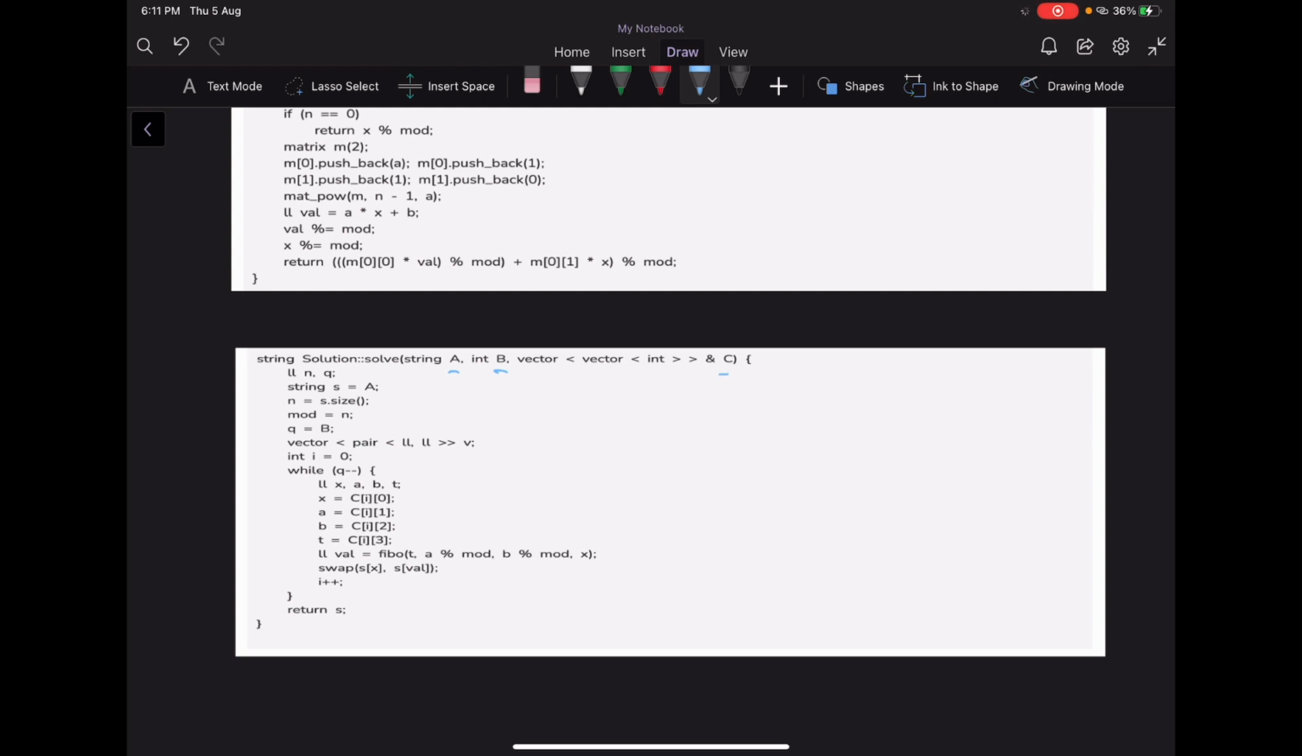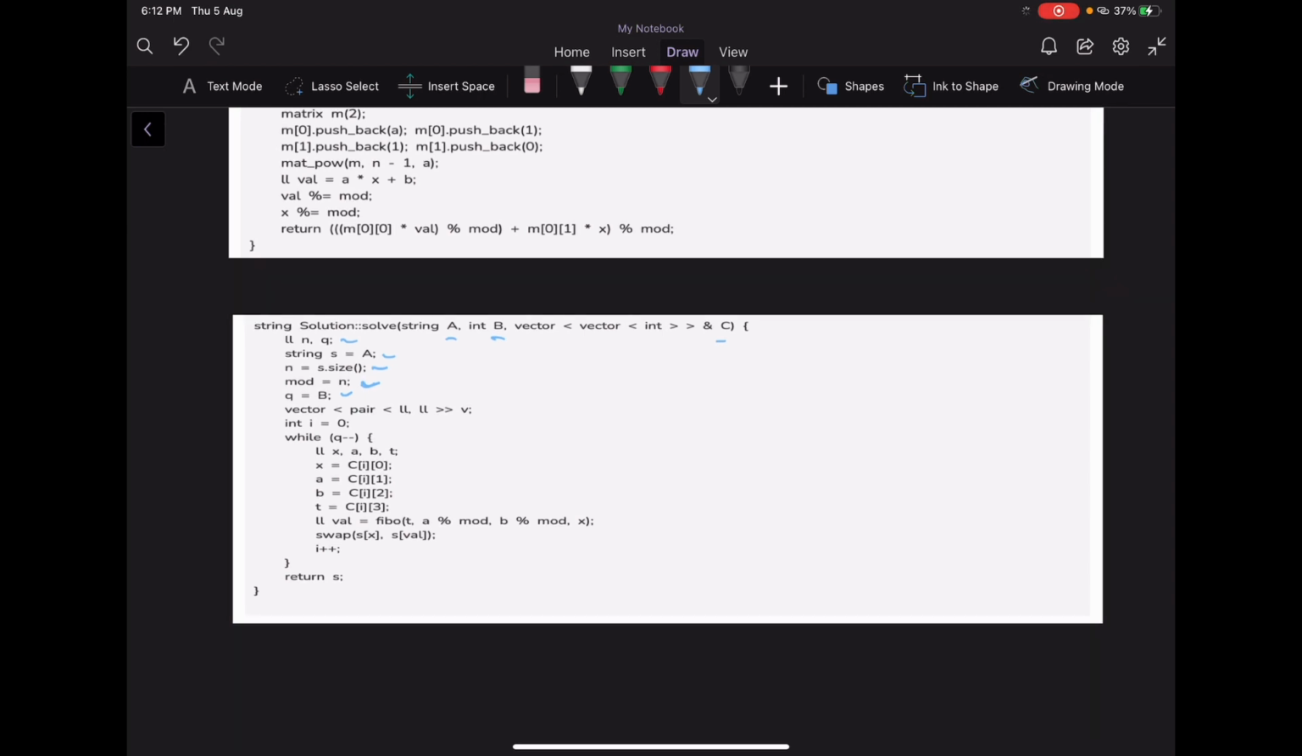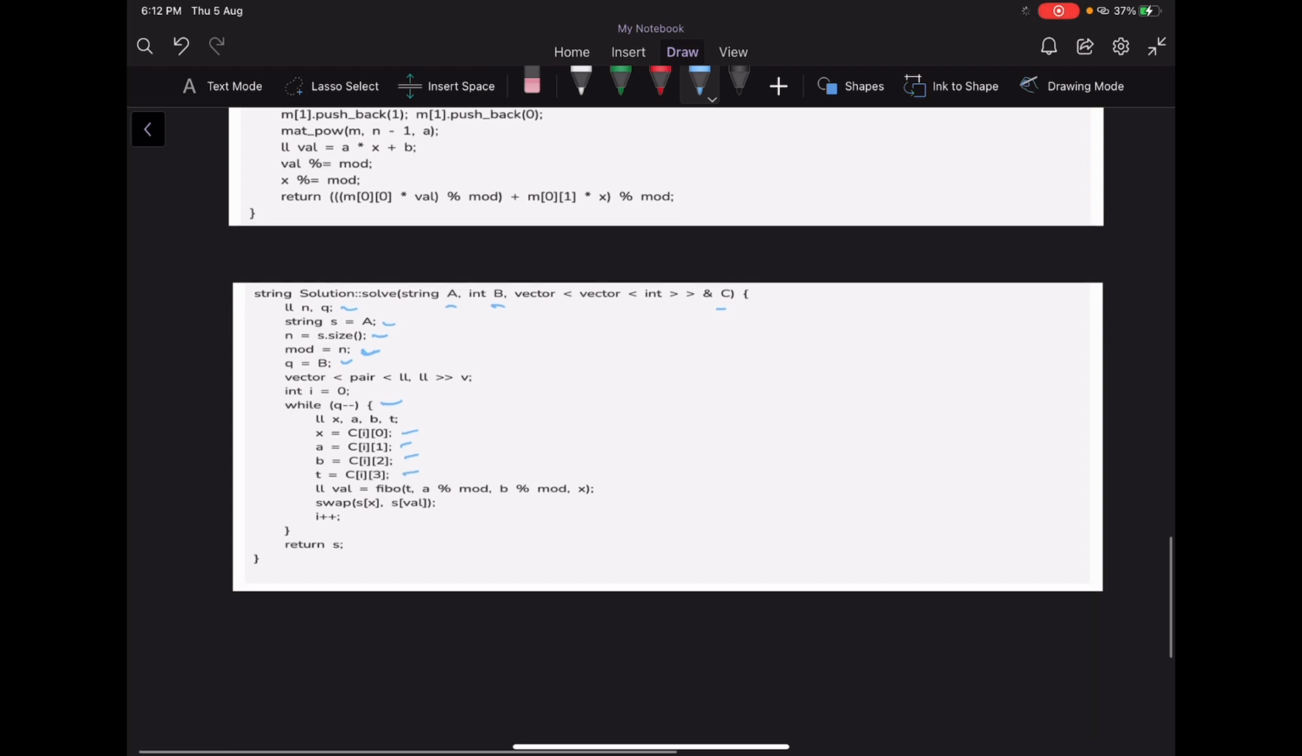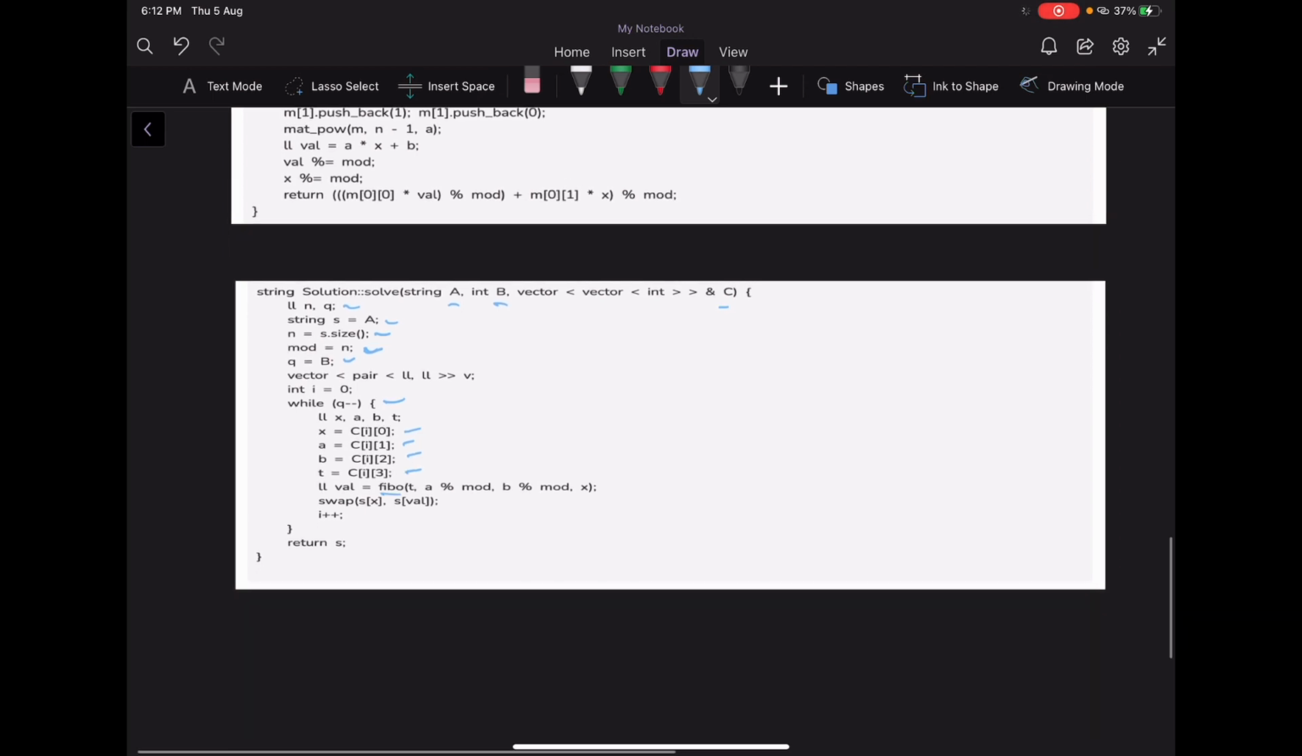So here we are creating variables n and q, and we are initializing string s equal to a, and n equal to s dot size, and we are making mod equal to n and q equal to b. And in this while loop, for each iteration we are reading variables x, a, b and t, and after that we are calling the function fibo with t comma a modulo mod and b modulo mod